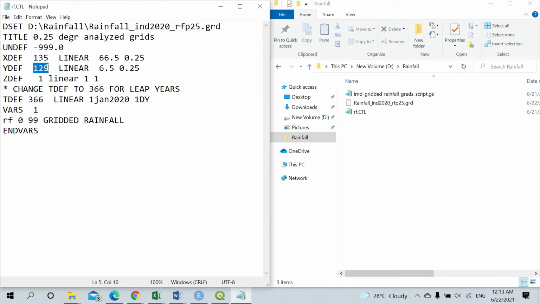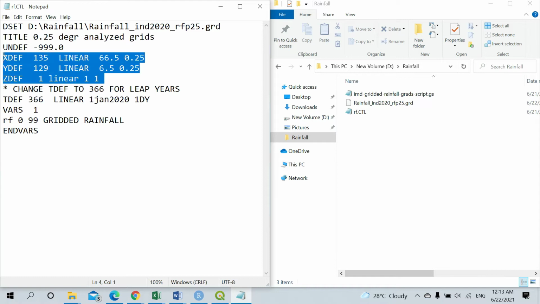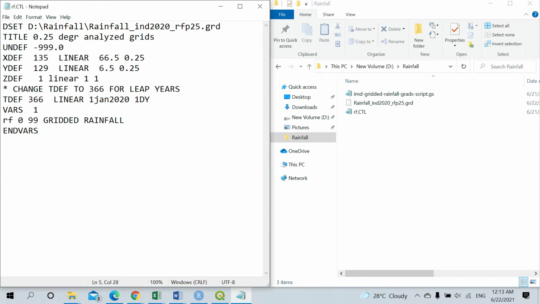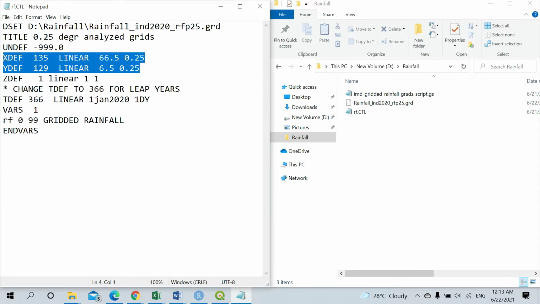And if you go with 1 degree, it will actually reduce. It will be something like divided by 4 approximately. You can calculate it and use it. But mostly I recommend you go with 0.25 degree. Other than that, you don't have to define anything. But when you are using the 1 degree data alone, you have to change these particular values. That is not required when you are going with other data sets, like 0.25 degree.